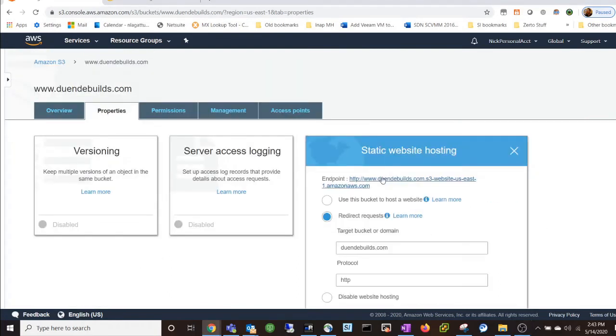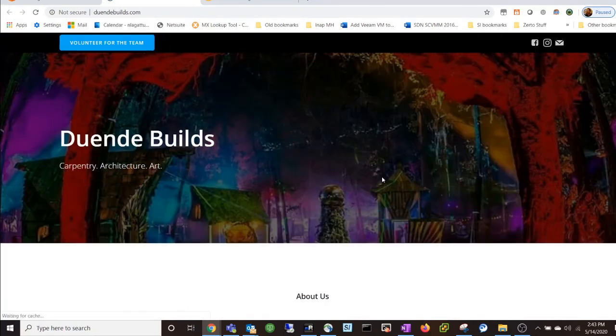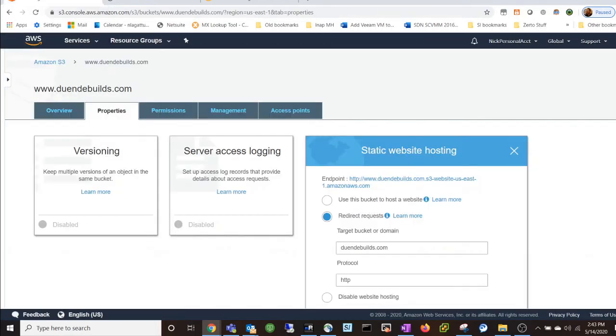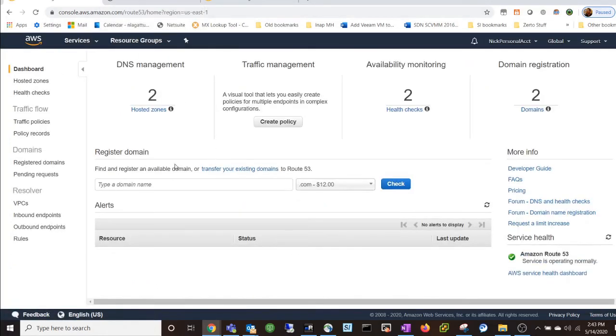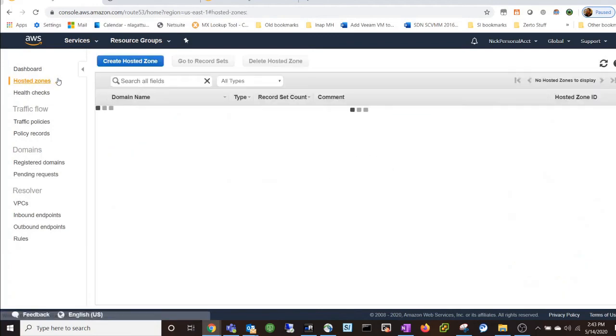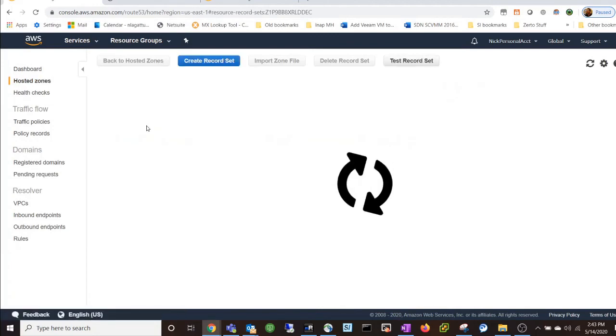So if we go ahead and look at the endpoint URL, we can see right away that this S3 bucket endpoint goes to the site that I'm trying to forward to, the non-www version of doandaybuilds.com. So next, we're going to go ahead and update DNS so that it points at the new S3 bucket. So going back to hosted zones, doandaybuilds.com,